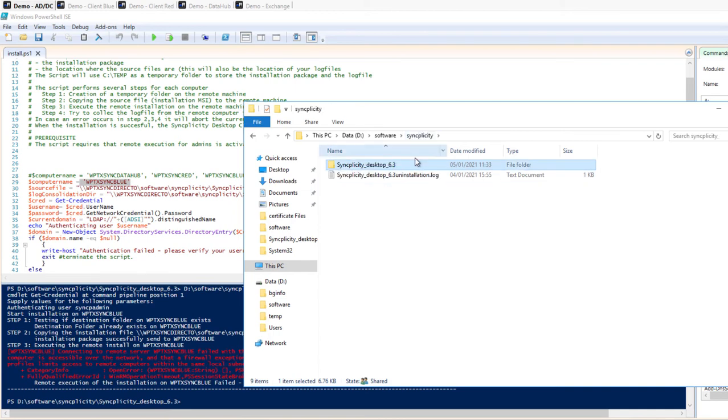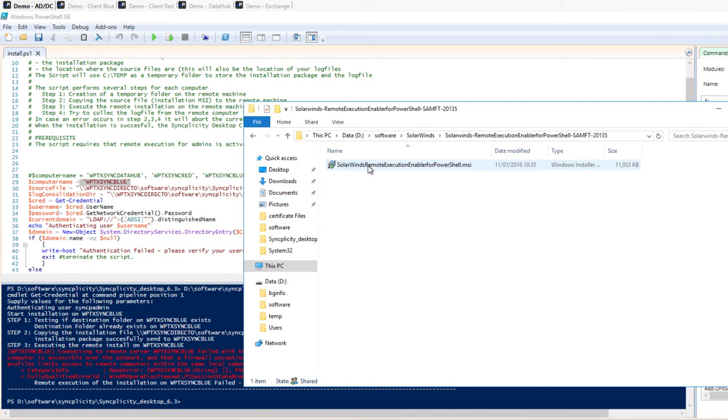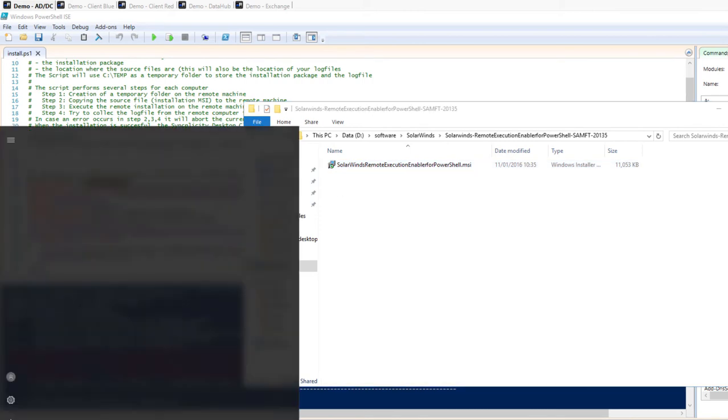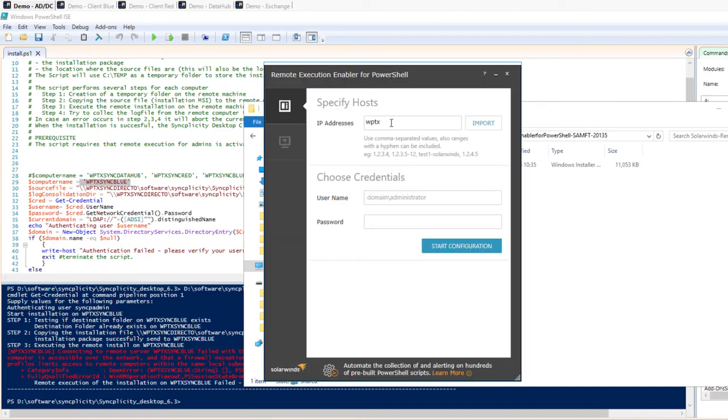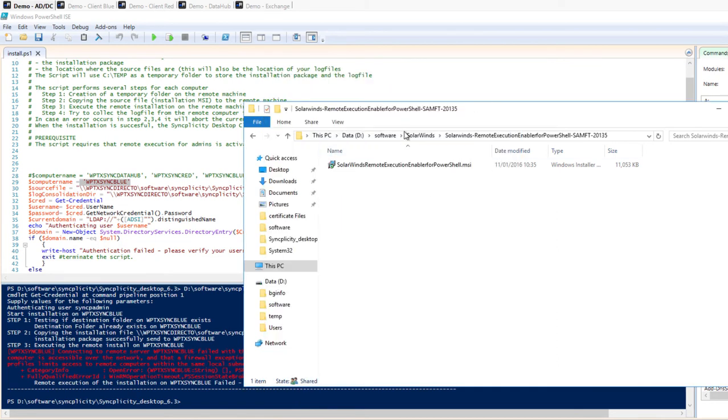There are some options to do that. One of those options is SolarWinds. I installed that actually already. With SolarWinds, you can enable remotely the remote execution. Simply enter the host name of that computer, authenticate using a user that has domain credentials. It will try to enable the remote execution. And I can tell you we have experienced both success and failure with this enabler. So although it says complete, in my situation it doesn't.